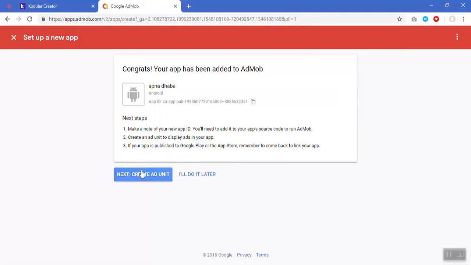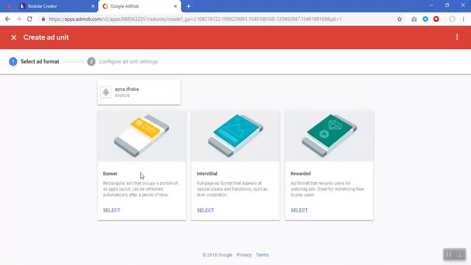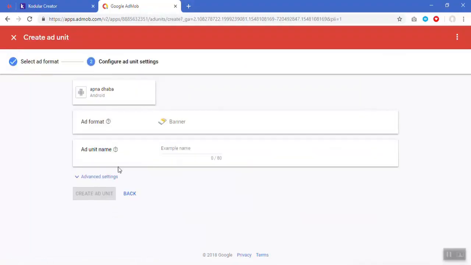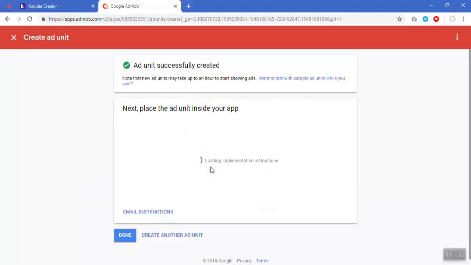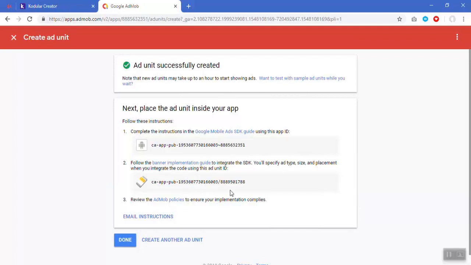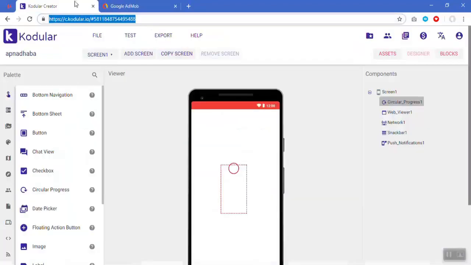The next step is to create our ad units. Let's use the banner ad and let's make it banner ad, banner ID as our unit name, and yep, it's done. So our next step is to place the units inside our app. So in the two, you have to select the second. Okay, let's try to integrate the SDK, copy it,